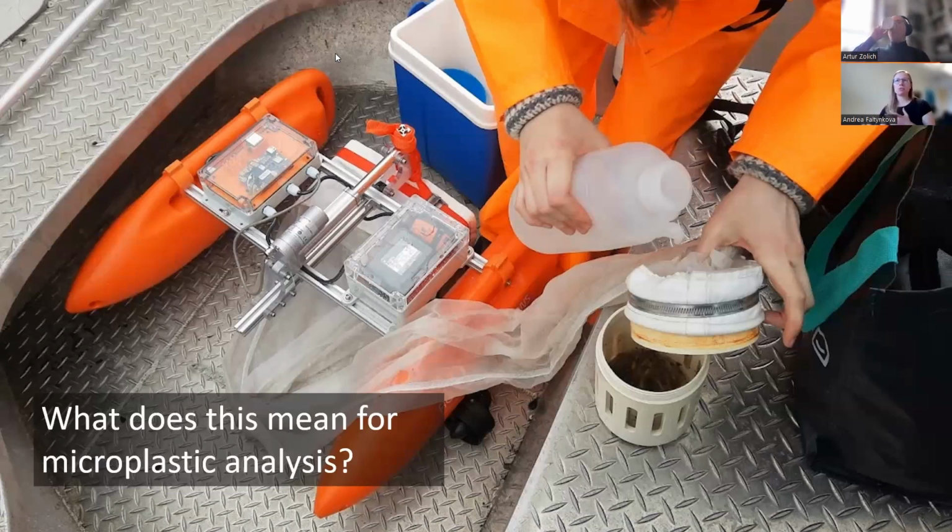But that creates a new problem, kind of similar to what Artur mentioned before. When you make a solution, you usually make a new problem. And our new problem now is that we have all of these samples, but we need to find a way to analyze them. Because up until today, microplastics analysis is one of the slowest steps in the process and causes quite a bottleneck for enabling extensive monitoring of microplastics in lots of different environments, not just the ocean, but also things like drinking water, soils or sediments. So just to give you a quick overview,